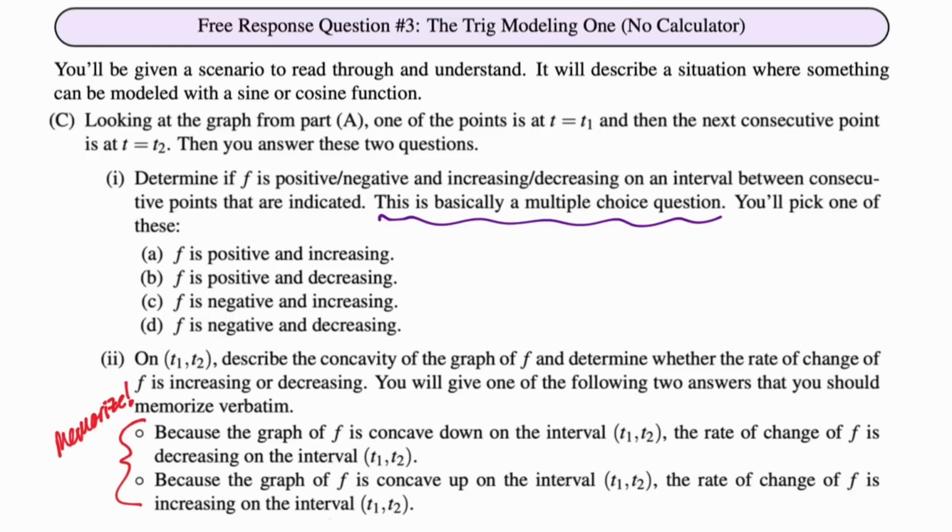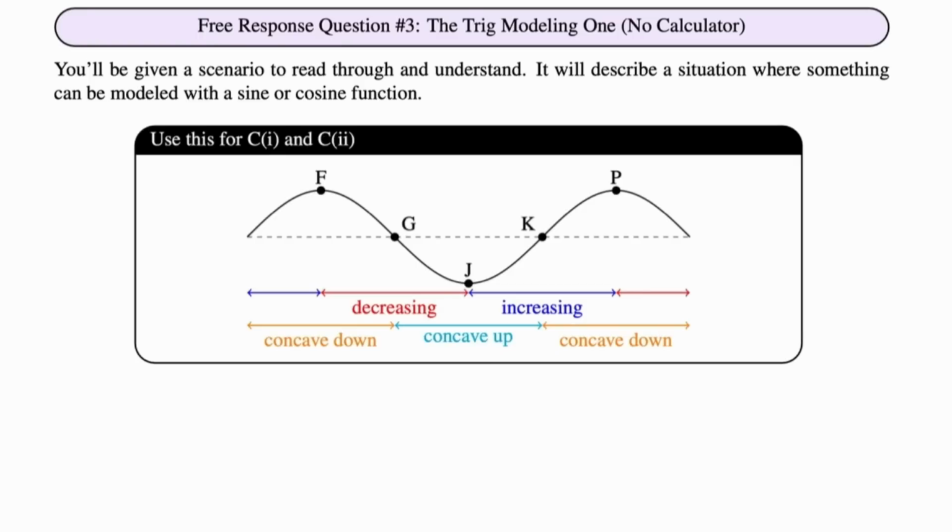All right. And then this handy little graph here shows you the part of the graph they've given you. It just identifies things. So like from F to G and G to J, the function is definitely decreasing. From J to K and K to P, the graph is definitely increasing. And then